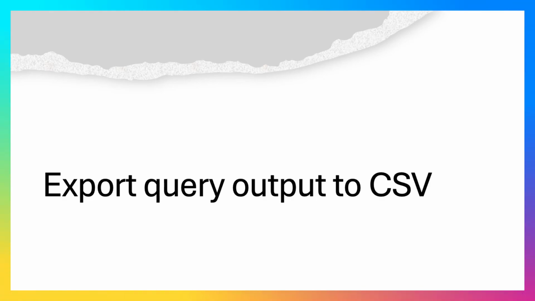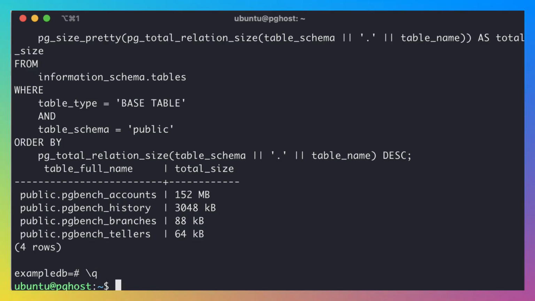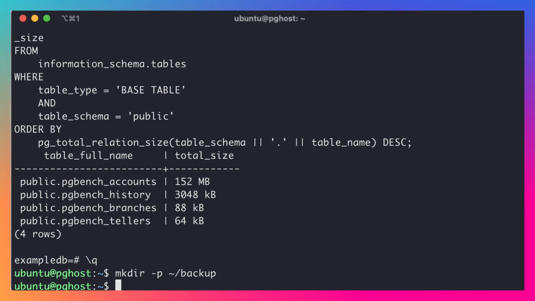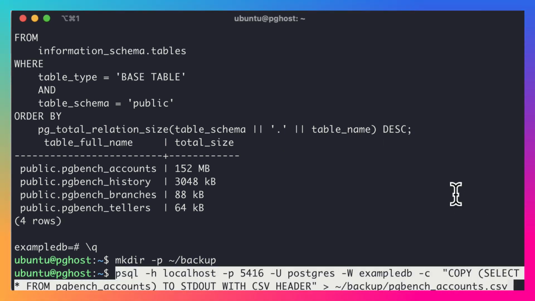One of the important things as a developer you need to do is to export some table data from time to time. You can use psql to dump output of any SQL command or query to a CSV file. So let's see how to do that. Let's go back to our terminal. Let's create a backup directory in our home directory. Then here is the command which you can use to output a query